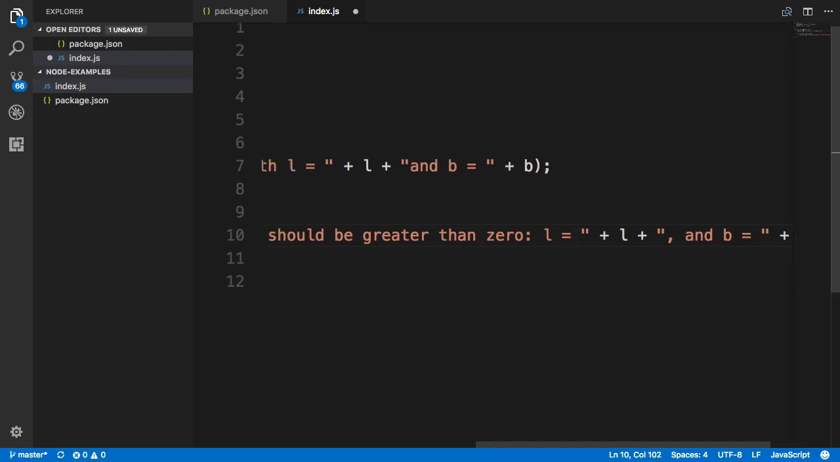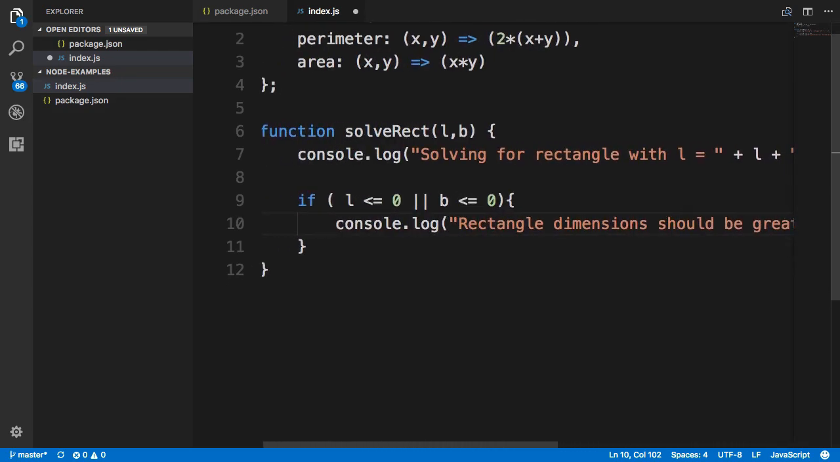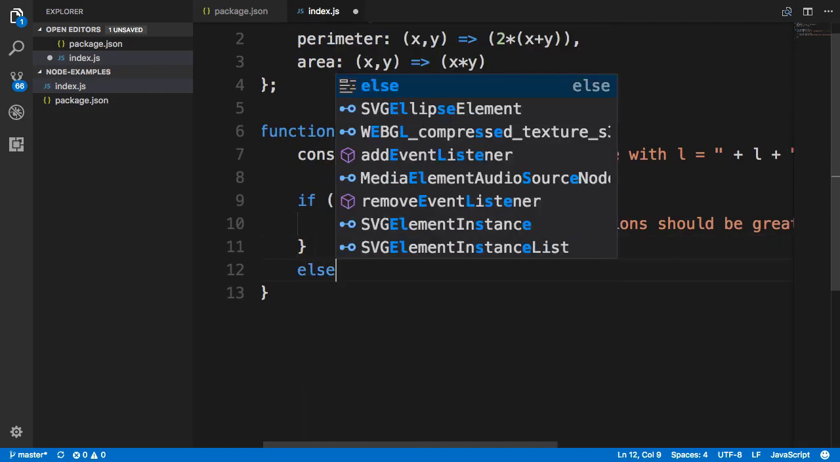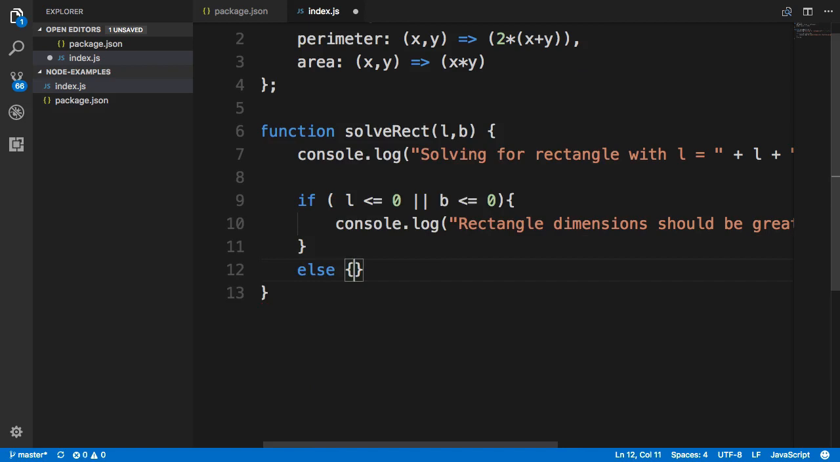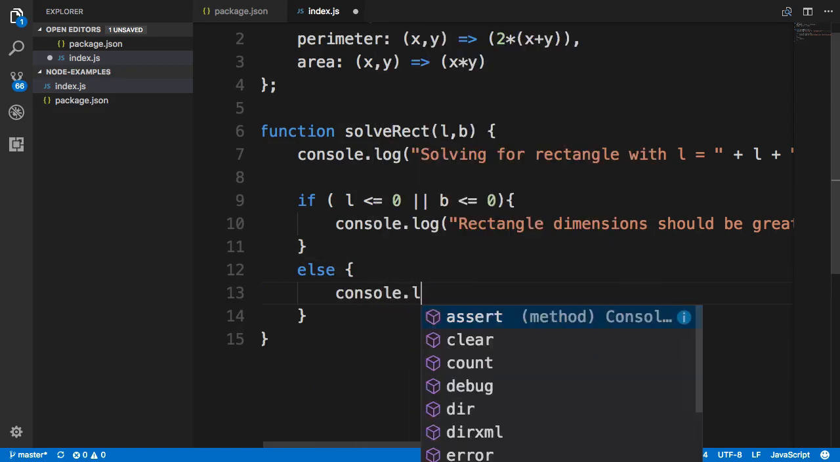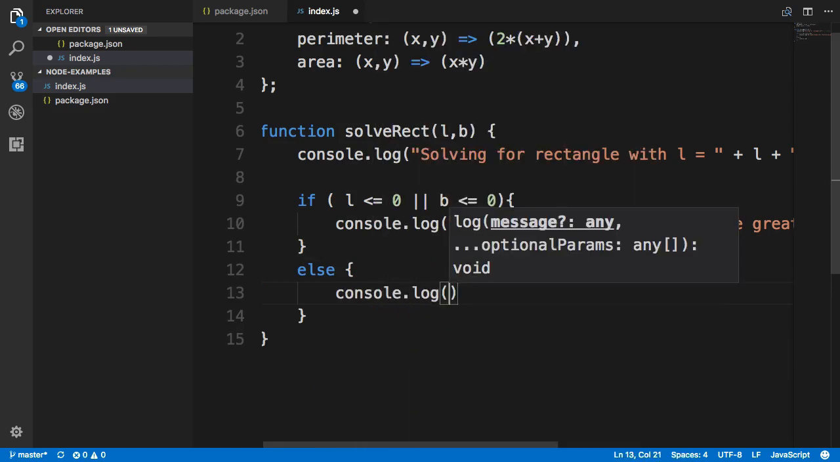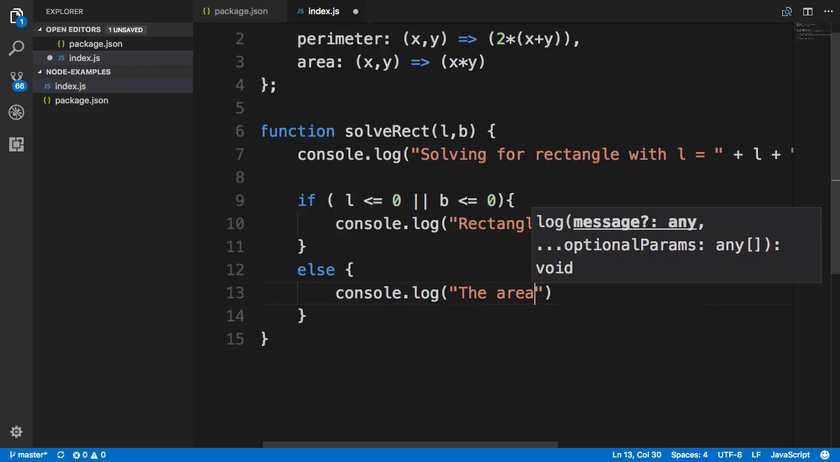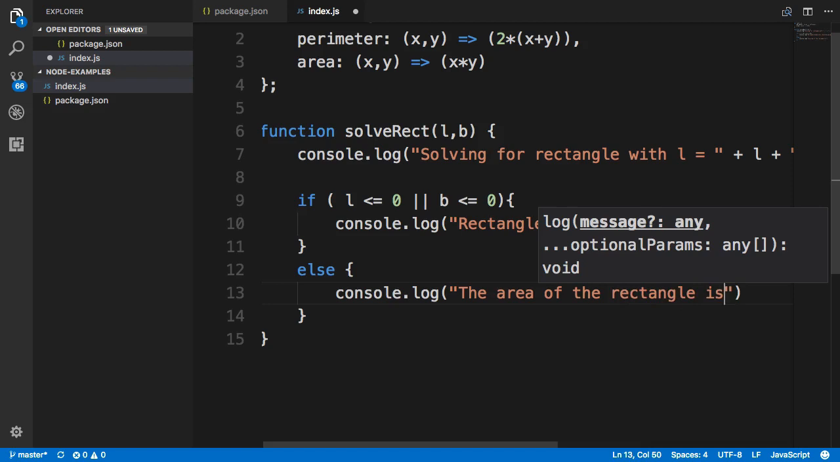So that way we print out these values onto the screen if the length and the breadth are less than or equal to 0. Otherwise, of course, it makes sense to compute the perimeter and the area of the rectangle. So we'll say else console log the area of the rectangle is